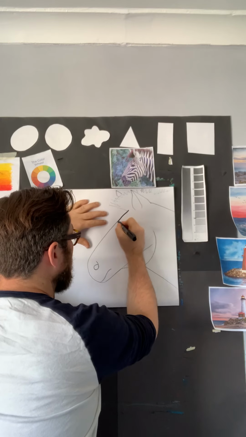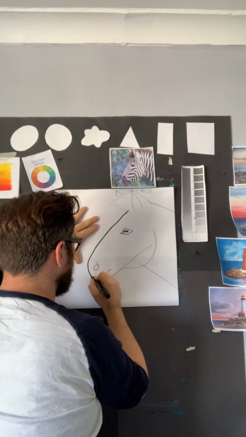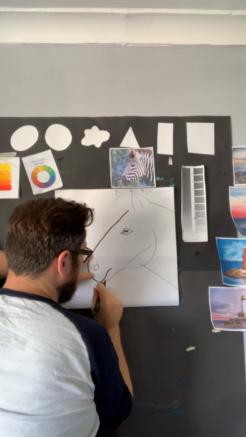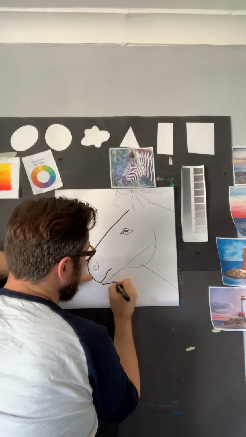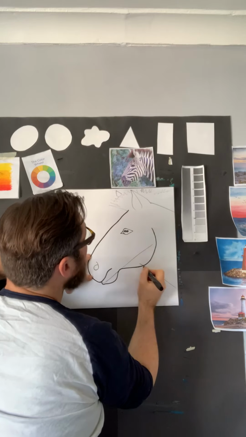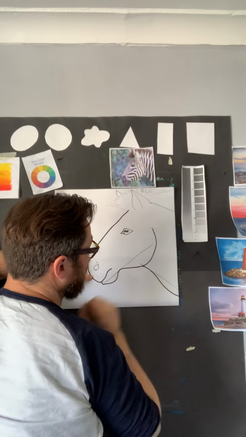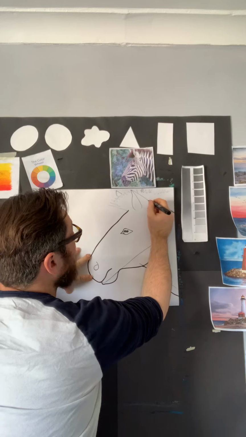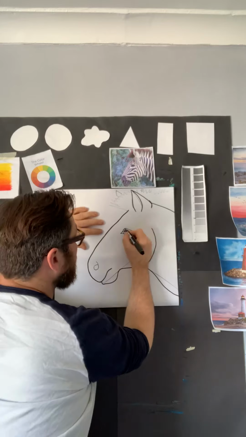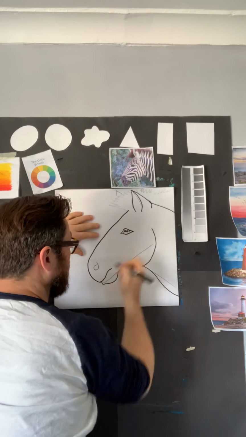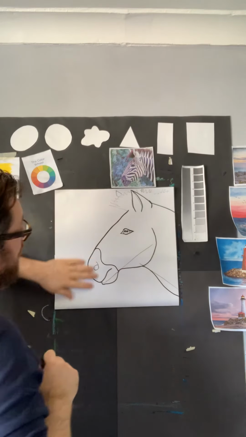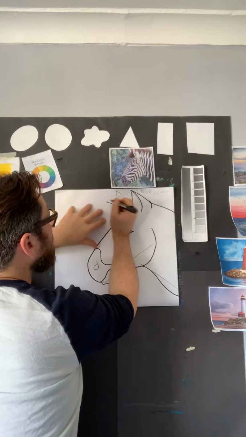Okay, so I'm now looking again in more detail. I can see that the lips are curved, and that the zebra actually has a little bit more of a chin. And maybe the neck is sloping out more. The ear has a little shape at the back. And I can see that there is a black muzzle shape there. So I've got my outline now, and